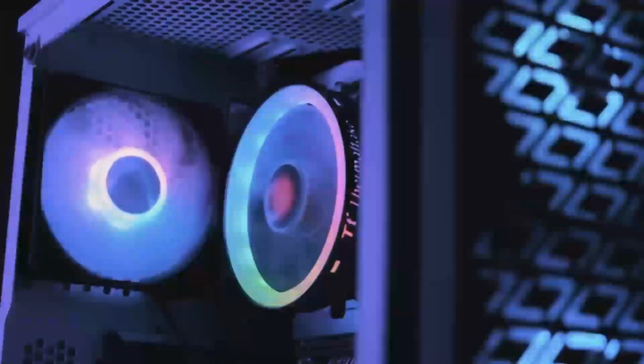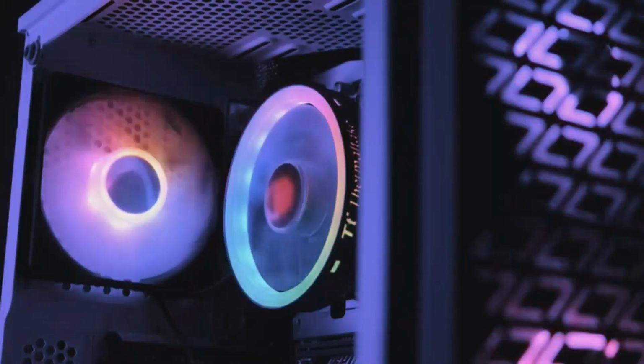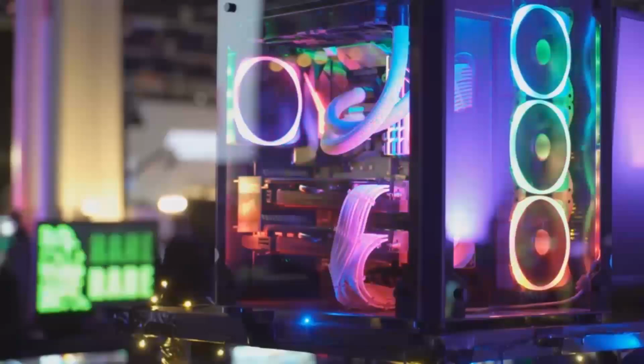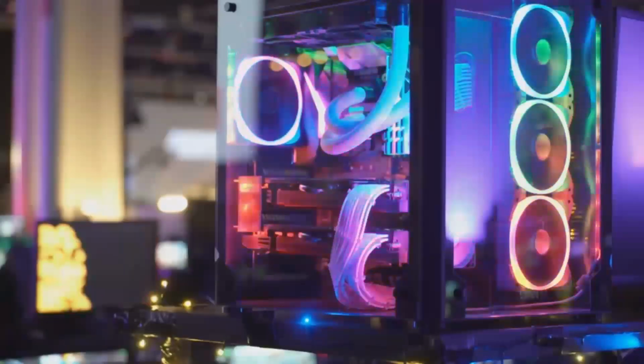But let's not discount the RTX 4060, which caters to an entirely different audience. If you're a fan of cinematic, story-driven games like Cyberpunk 2077, Control, or Metro Exodus, where ray tracing adds depth,